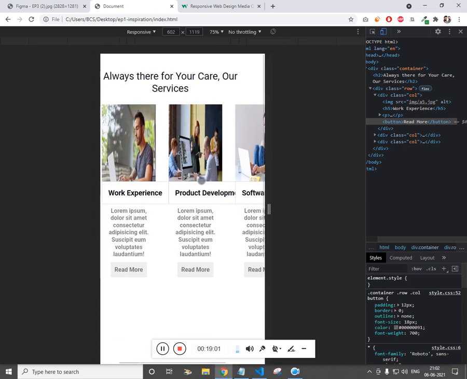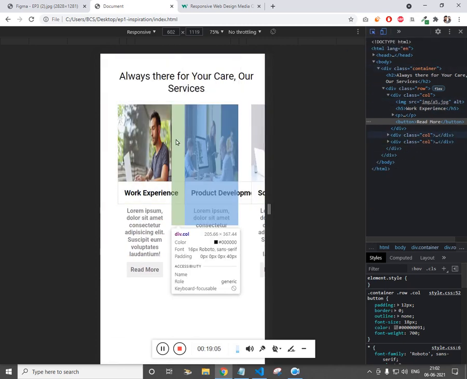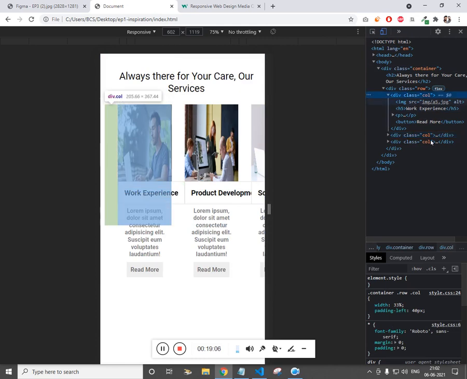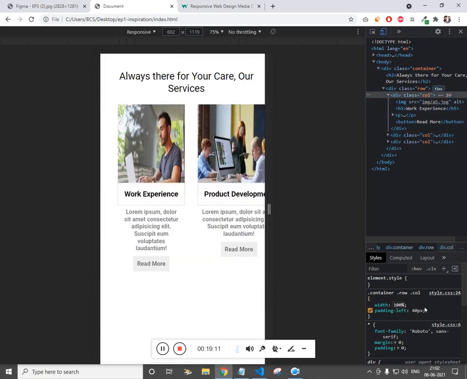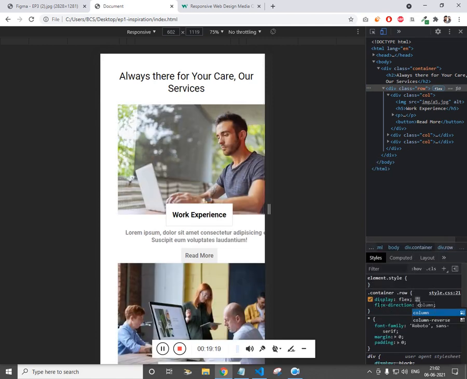Now you can see we get a scroll bar. As we said, we are going to change the column width to 100% for the mobile screen, and make the flex direction column.